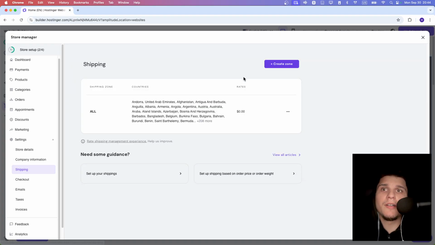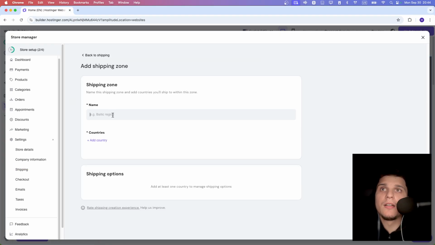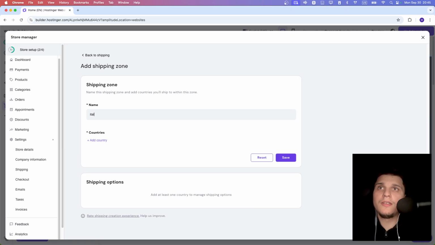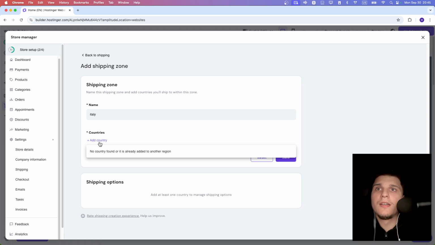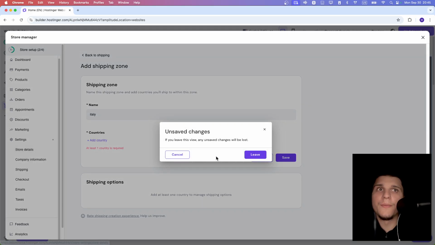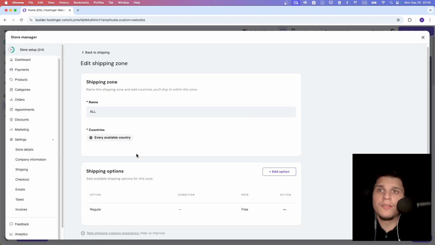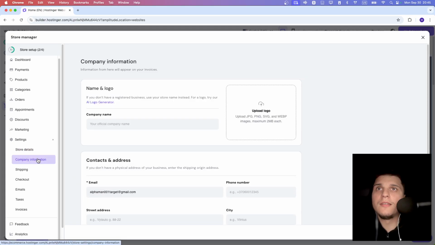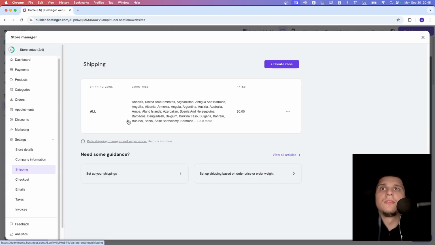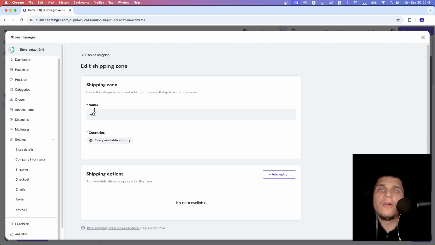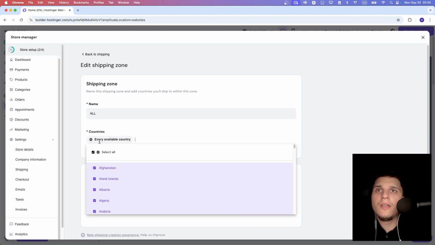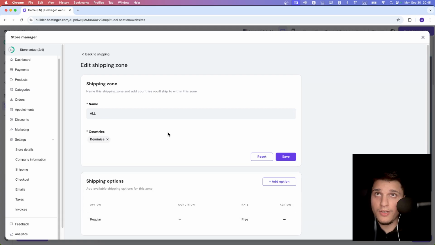Here you can create a new zone from here. Let's say I like only Italy to name, and then you add the country, and no country is available because it's already used in another zone. Yeah, because I'm already using all the countries, but you can edit this one here or add more. Okay, so every country I can select only here, only one country, let's say,